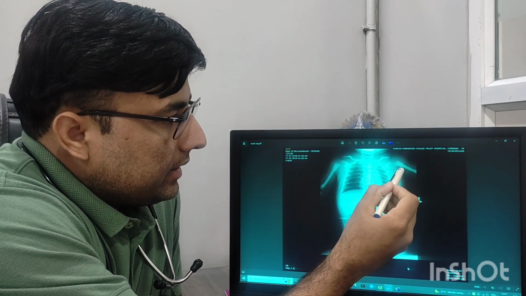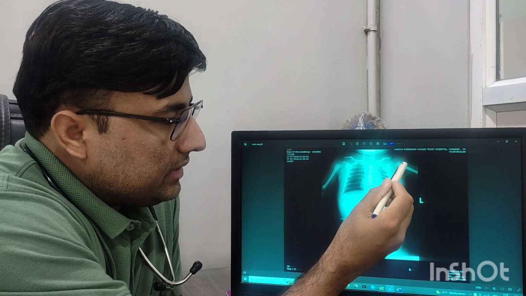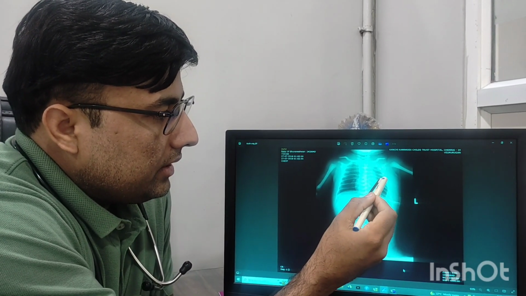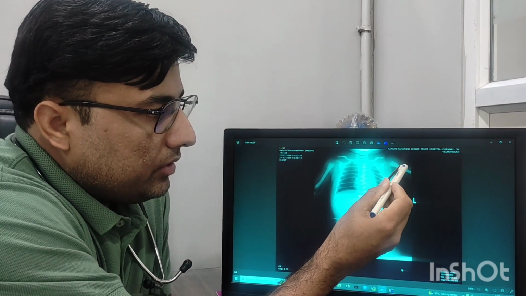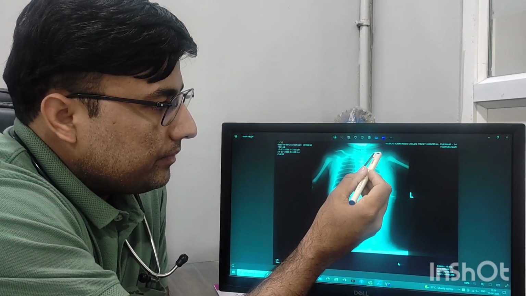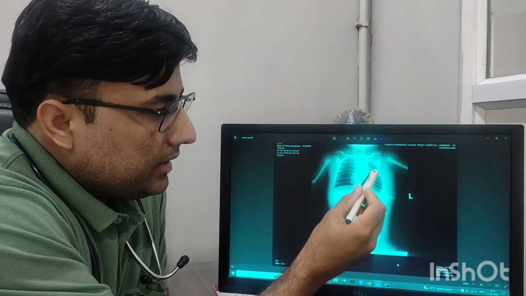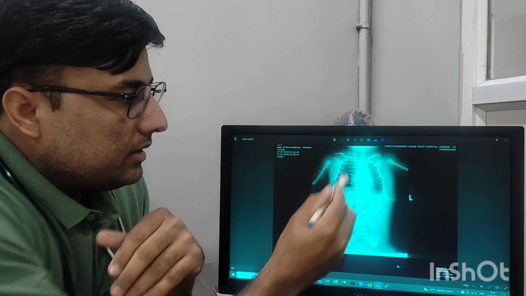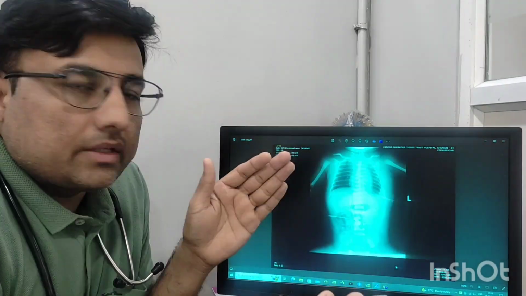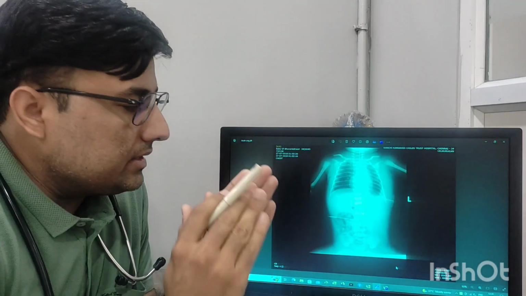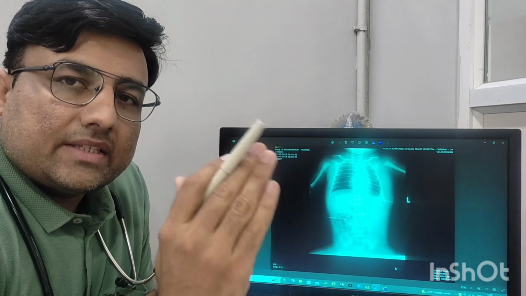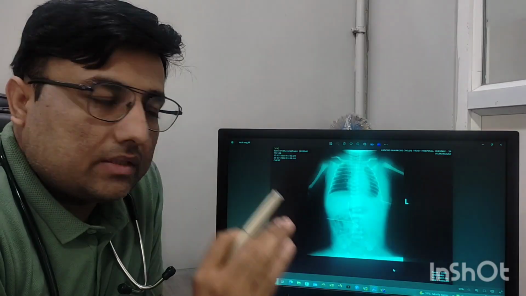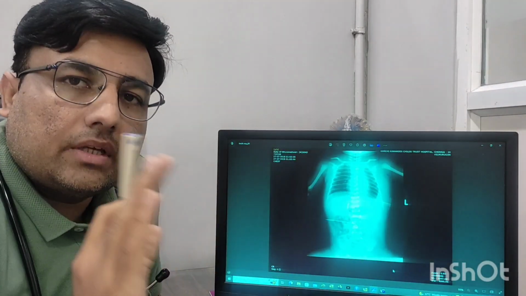So we will see the bony cage. In the bony cage, we will see the bones: long bones, humerus, clavicle and ribs. We can see if any humerus fracture is there during delivery, any clavicle fracture, any fracture in ribs, or we can count the ribs also. We can see the chest expansion, how many ribs are there. For normal expansion, anterior ribs should be 6 ribs visible, posterior ribs 8 ribs. So that is the normal expansion. Anterior ribs 6, posterior ribs 8.